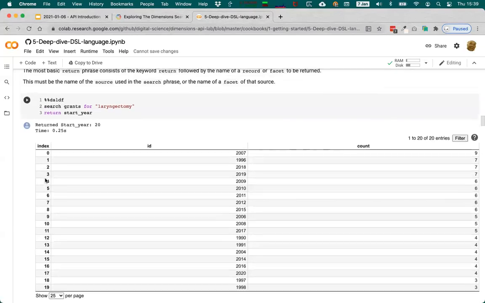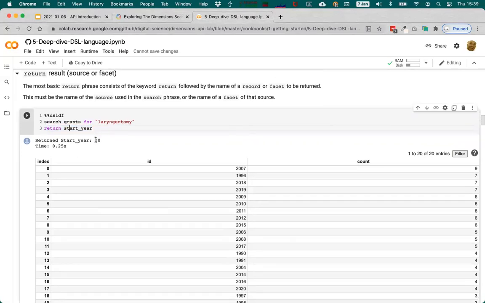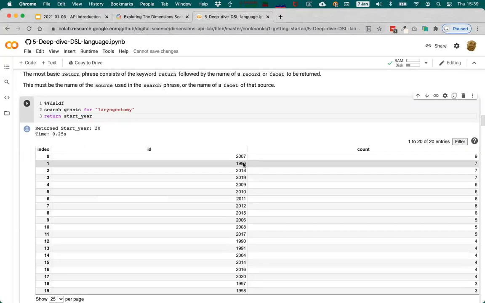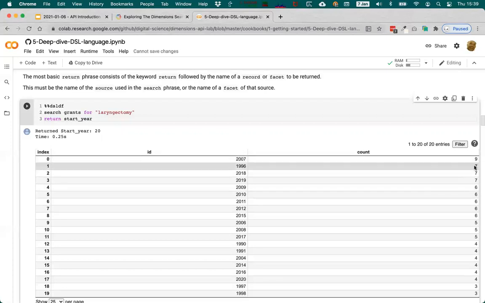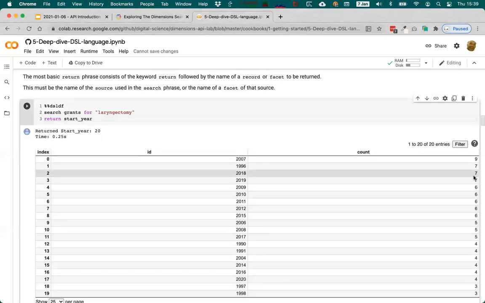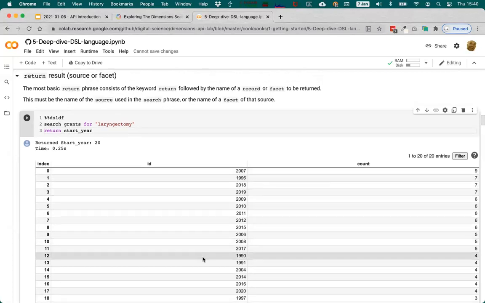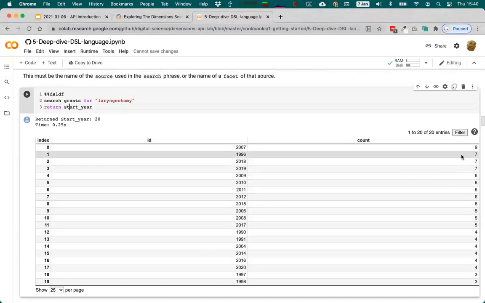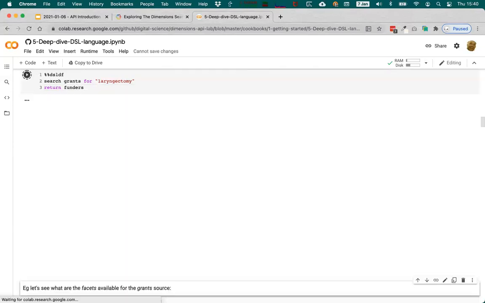For example, something you can do here is say search grants and return start year, right? So you can think of this a bit like a group by operation, for those of you who have some knowledge of SQL. What I'm getting here is essentially a list of years, and by default, the Dimensions search language aggregates the total number of grants for that year, and it sorts the results using this total number. So here I'm searching for grants on this topic, laryngectomy, and I get back the years. I can say return funders,